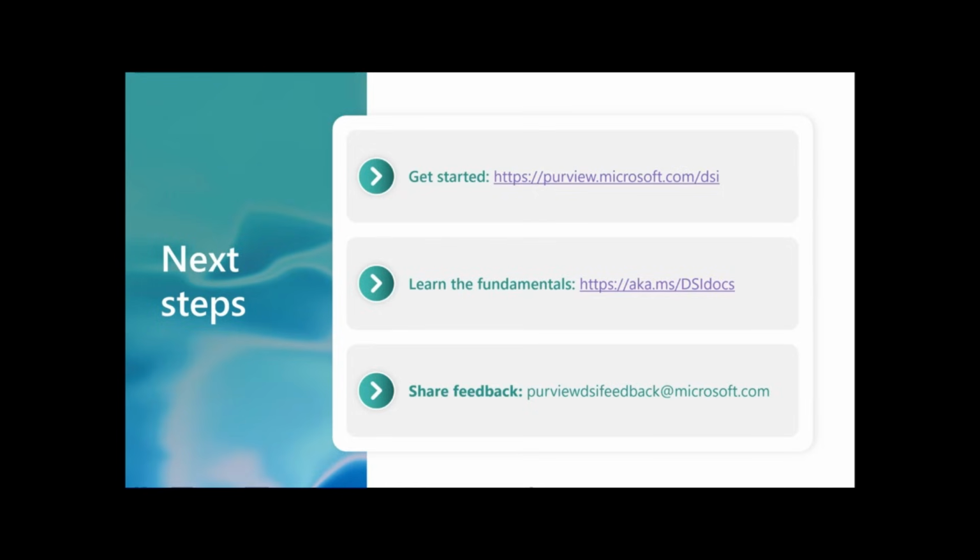I'm seeing another question that I get quite a bit, which is, is this going to replace eDiscovery? Absolutely not. We're actually the same engineering team. My peers next door here, I'm in Redmond. We're all on the same team. DSI and eDiscovery is the same engineering team, so we're being very thoughtful. This is not meant to replace a legal tool that has been around forever, which is used by legal professionals everywhere. This doesn't do legal hold. It is not meant to be used for that use case. DSI is really optimized for a data security incident.